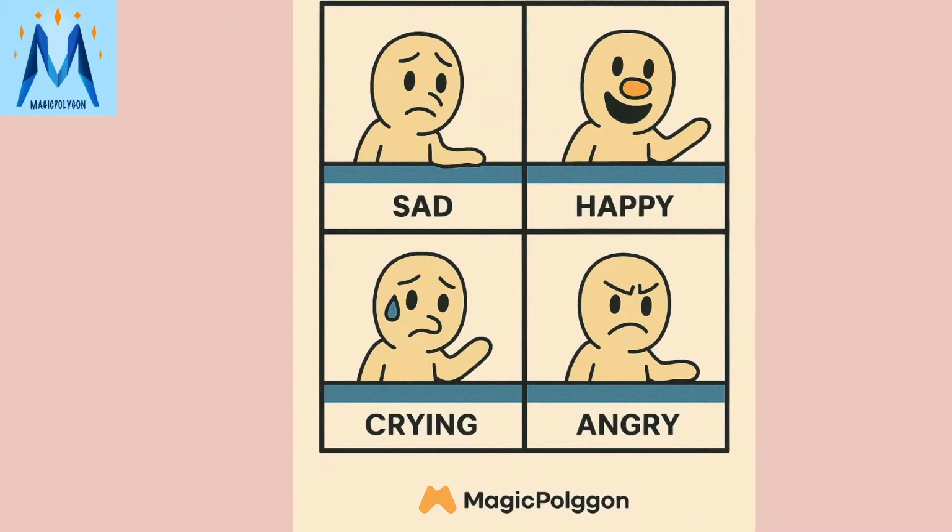Say for example, see this crying emotion at the bottom left side. You can point to that particular character and ask your child, what is this character feeling? Then once the child responds saying, oh, he seems to be crying, or something like that, then you could ask them, have you ever cried? Have you ever felt this way? Like that, you could ask them questions and make them talk about their feelings.